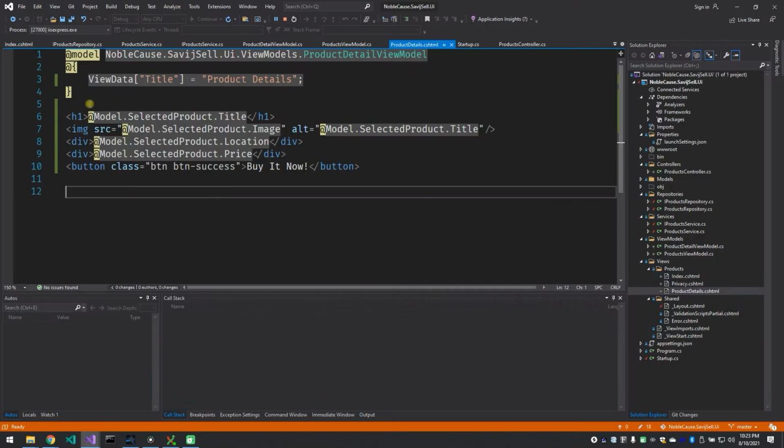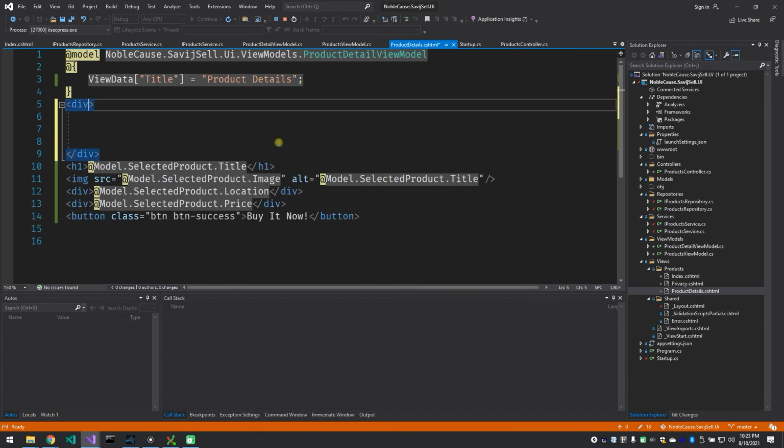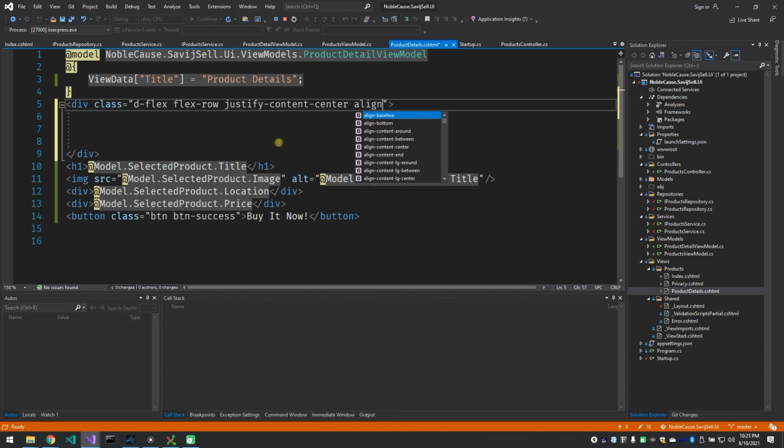So here in our product details, I am going to start with a div for our flex box. And because we have Bootstrap, we will be using their flexbox classes. d-flex just is display flex. So we want the flex direction to be a row, and I want to justify content center. I want to center everything on the page, and I want to align items